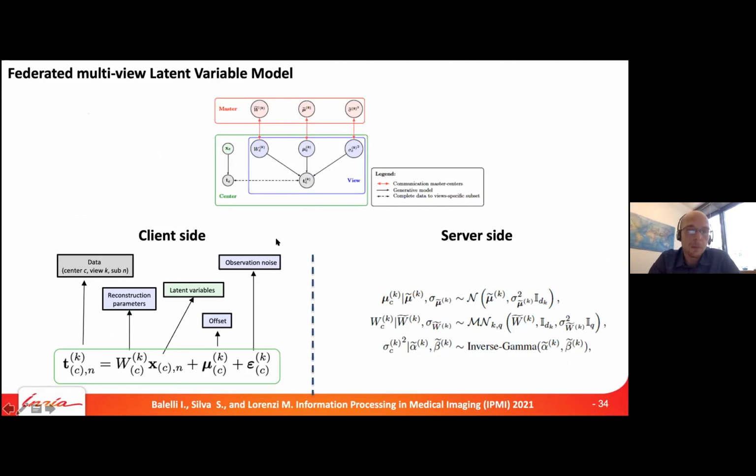So in mixed effect modeling, we assume that there is a fixed effect and then there are shifts, which are center specific, and the shifts have a common Gaussian distribution. Here, what we are doing is assuming that these parameters themselves are samples from a common prior. And in that sense, yes, it is a sort of random effect model, but there is no fixed effect here because all the effects are random, because they are center specific.